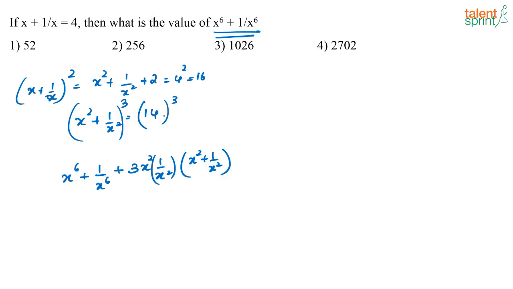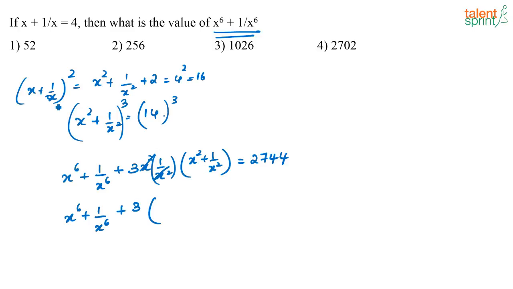Yes, so this is what I get when I expand, when I cube this on the left hand side, and on the right hand side I will get 14 cube, that is nothing but 2744. See, you have to remember the cubes value at least till 20 cube. So it will be really helpful while you solve questions in the examination. Okay, so now this is what you get. So here this term and this term gets cancelled. So here you have x to the power 6 plus 1 by x to the power 6 plus 3 into,